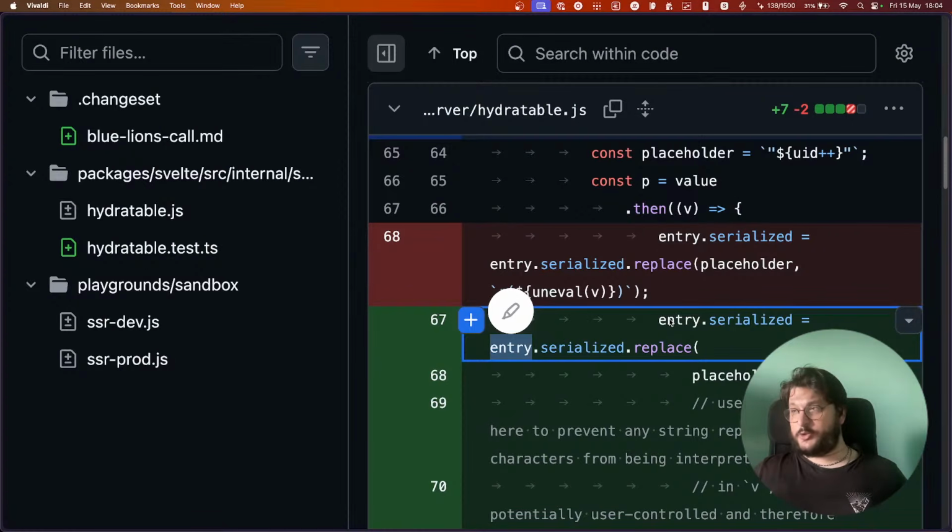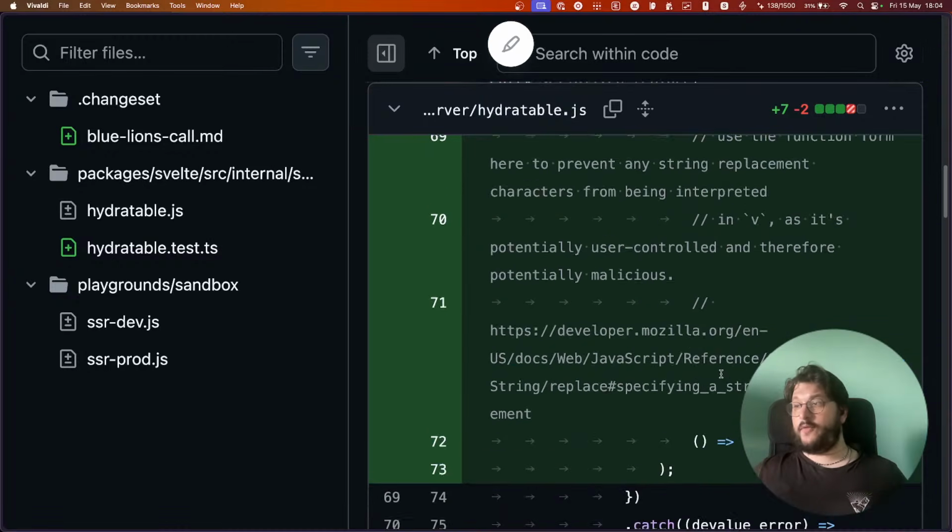And obviously, to do this we serialize and replace a placeholder with something.